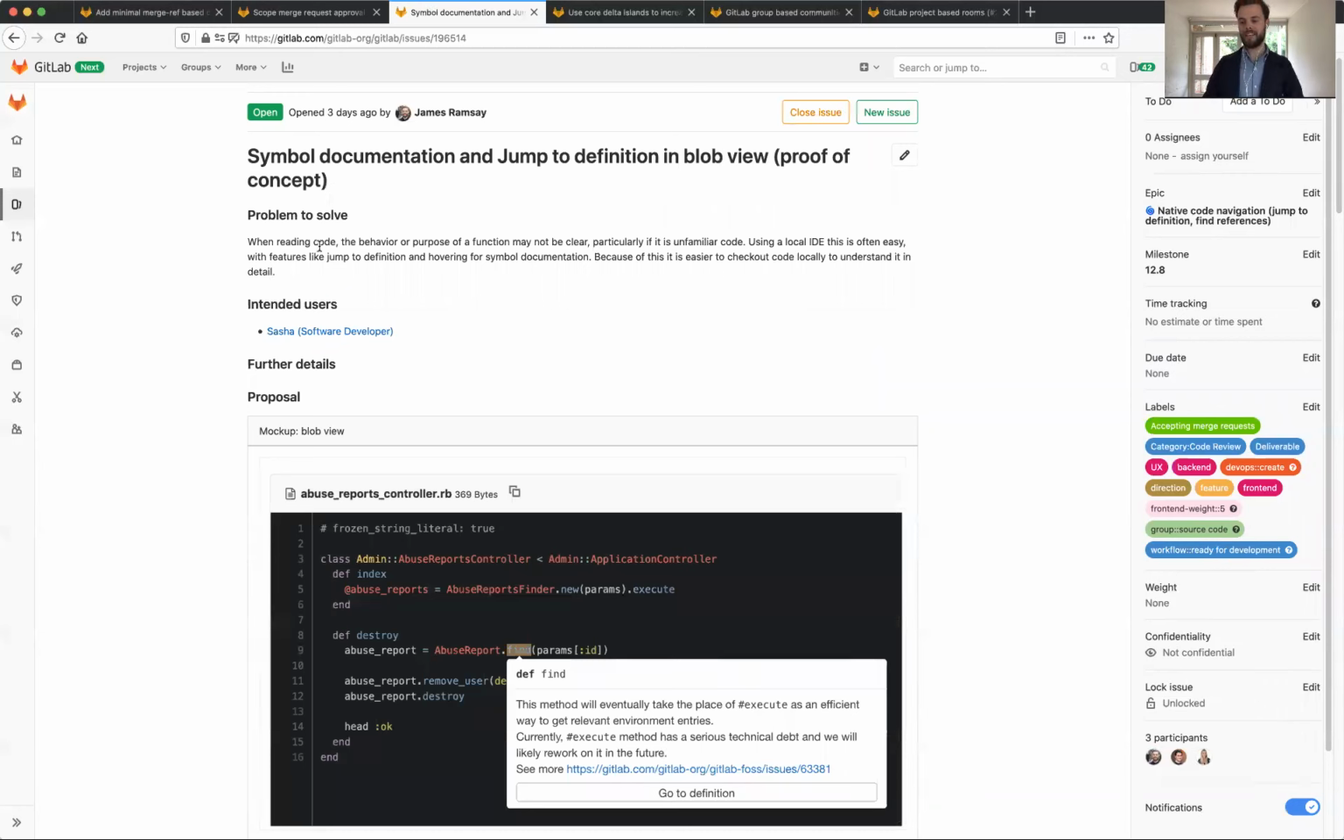The next item I'd like to share from the source code group is a proof of concept. This isn't going to be something that you'll actually get to use at the end of 12.8, but I think it's very exciting. We're doing a spike into adding symbol documentation and jump to definition in the blob view. This is similar to the Sourcegraph integration, but we're looking to try and make some of those features available to all projects,